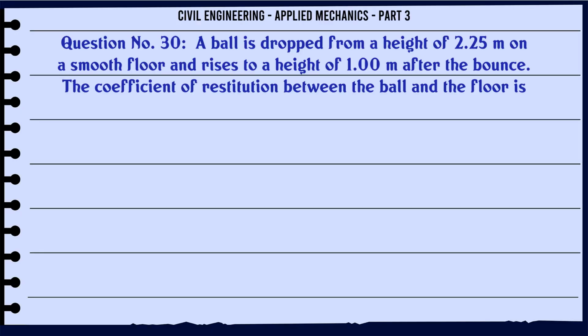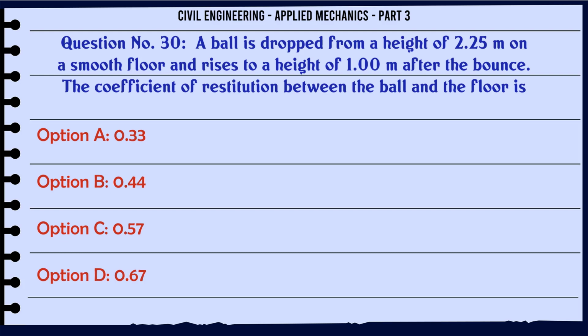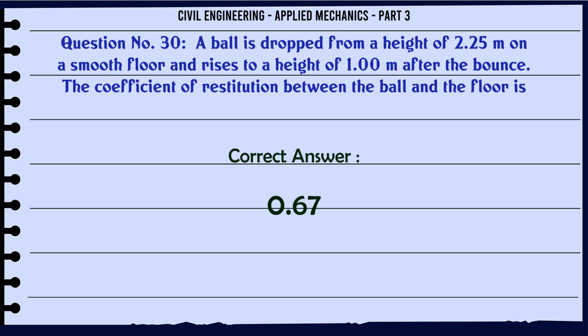A ball is dropped from a height of 2.25 m on a smooth floor and rises to a height of 1.00 m after the bounce. The coefficient of restitution between the ball and the floor is A 0.33, B 0.44, C 0.57, D 0.67. The correct answer is